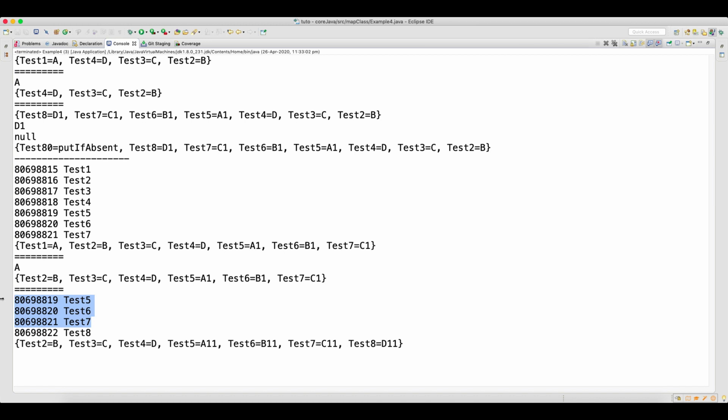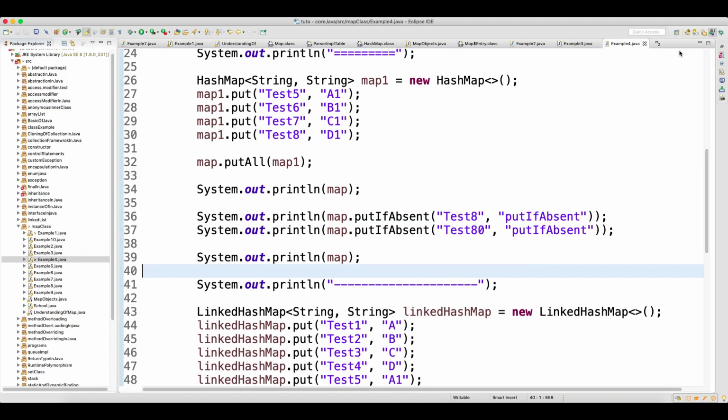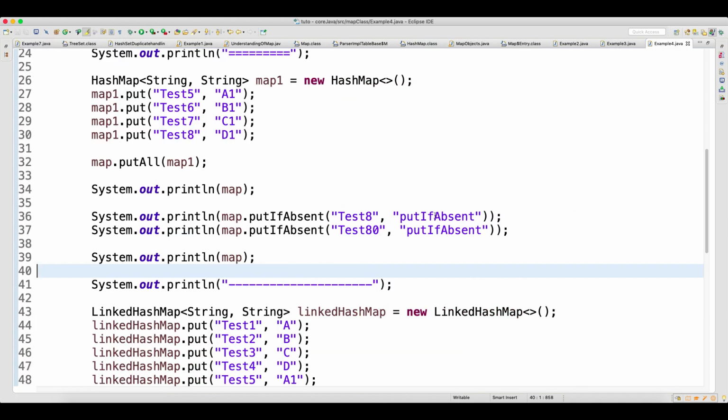You are aware that for the string, when you create two objects with the same string, it will point to the same object in the constant pool, right? When you don't use the new operator. That is the reason the hash code is also same, the object is also same. What it will do, it will replace the data with the latest one.